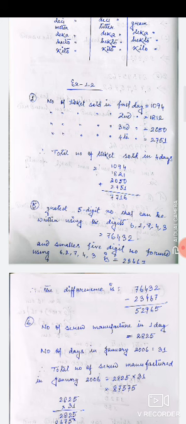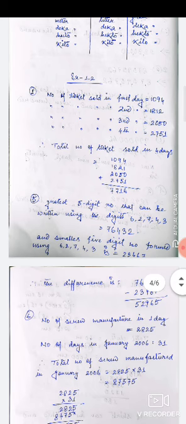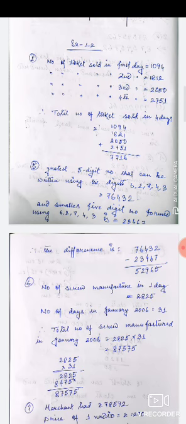Okay. So in this way we get the answer. 4 plus 1 plus 1, 4 plus 1, 5 plus 1, 6. So we get 6. Next 9 plus 2, 11, 11 plus 5, 16, 16 plus 5, 21. So 1 carry 2. 8 plus 7, 15, plus carry 2, 17. 7 carry 1, 1 plus 1, 2, 2 plus 2, 4, 4 plus 2, 6, plus carry 1, 7. So in this way we get 7716. Okay. Next question number 5.